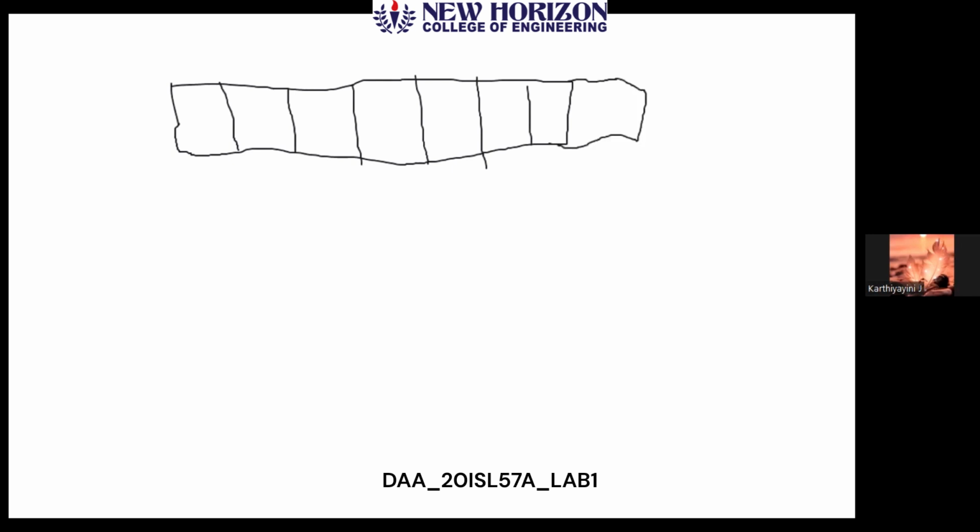For example, 12, 11, 4, 13, 3, 8, 9, 15. So these are the numbers they have given us, and they asked us to sort in ascending order